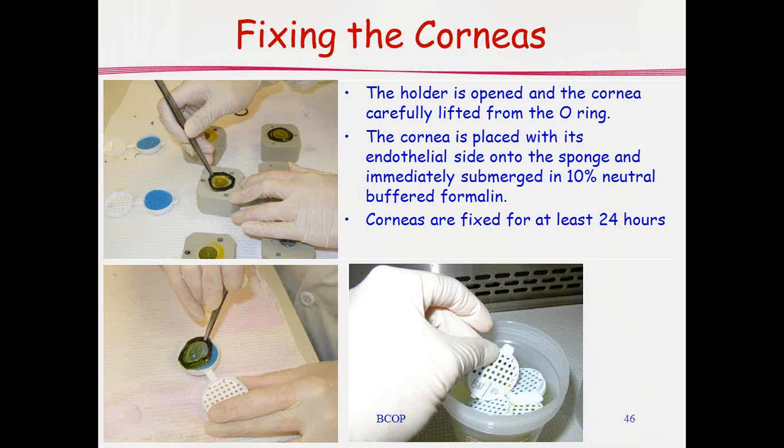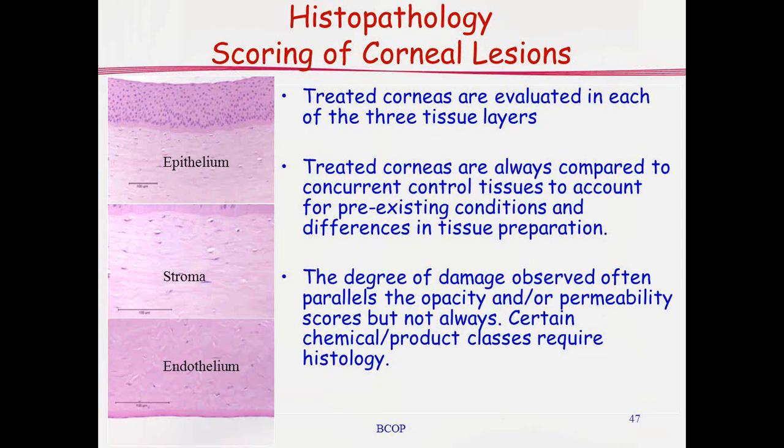Corneas are then placed into a fixative. 10% neutral buffered formalin is typically used. The classic histopathology then is performed after sectioning and staining using hematoxylin and eosin, so H&E staining, and our histopathology uses a top-down approach to look at the corneas from the epithelial side all the way through to the endothelium,